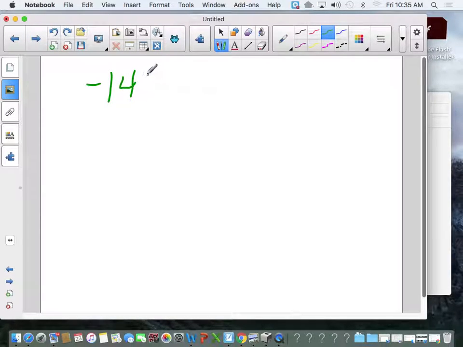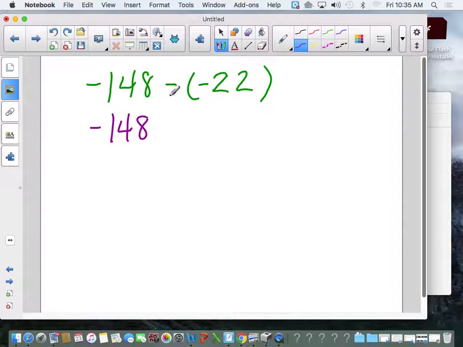-148 minus a -22. Off the top of my head, I'm not going to want to go to -148 on a number line and think, well, I'm subtracting in the opposite direction, 22. I would like to see that. So I'm going to take -148, and I would add the opposite of -22, which is +22. When I add a +22 to the -148,